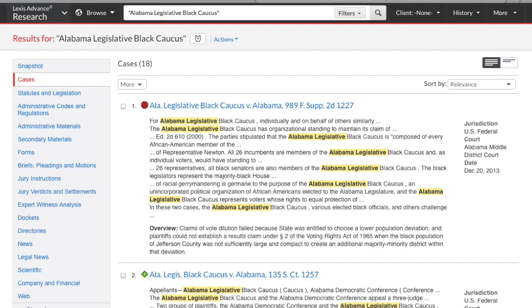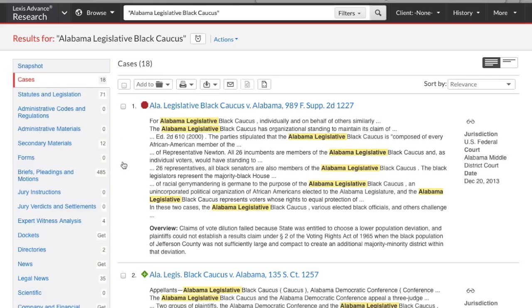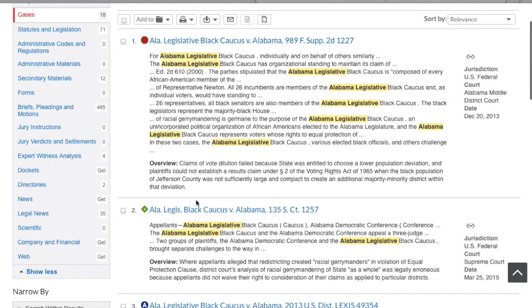So the first place that we could look is immediately here in the Cases tab, because we can see that that was a party in 18 cases. If I look to the second one, you'll notice the jurisdiction. This is the Supreme Court opinion from March 25th, 2015. That first one that mentioned the Alabama Legislative Black Caucus was from December, and that was actually from the Alabama